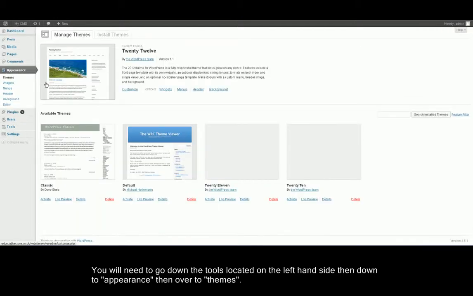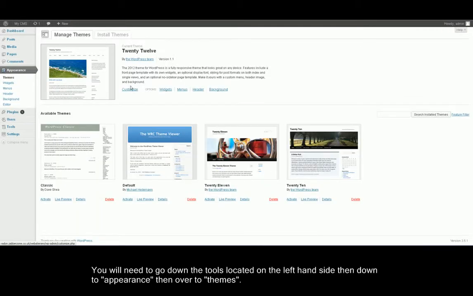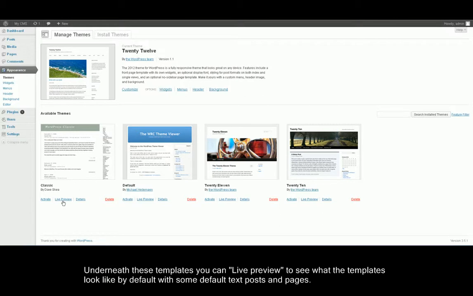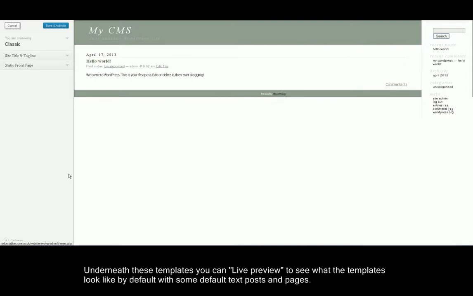This will open up a new window with all the currently installed themes on. If you've installed a default WordPress, you should have the 2010, 2011 and 2012 default WordPress themes. If you've installed previous ones, you might have a few extras as well. As you'll see below each theme, there's Activate, Live Preview and Details. Live Preview shows you what it would look like if you installed this theme onto your WordPress. As you can see, this is what the theme will look like, and you can edit the text and everything